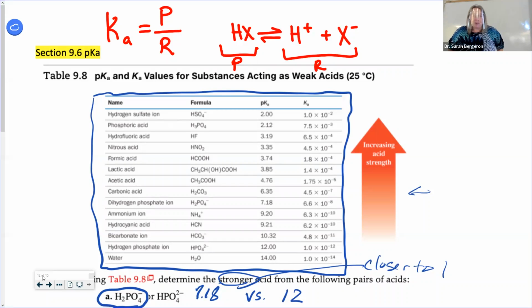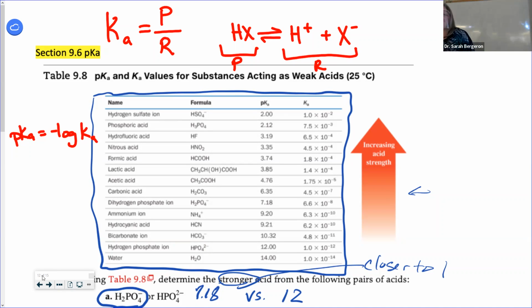Now, just like we said, it's really hard to understand concentration of hydrogen ions. So we did the negative log of them. The same thing is true about K. I know that y'all thought, oh my God, I'm looking at these things with exponents and I have no idea what they mean, right? Everybody felt that way. So they said, well, let's do the same thing that we did for pH, and we're going to get a pKa. Okay, so pKa is equal to the negative log of the K, or the Ka, really.